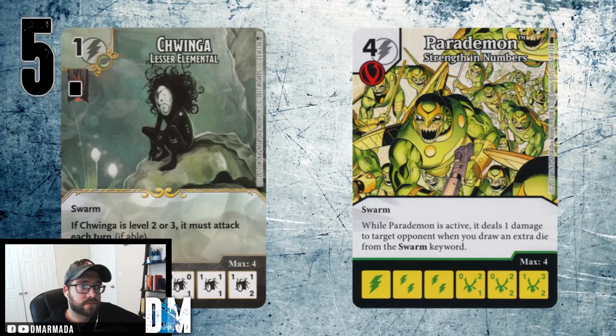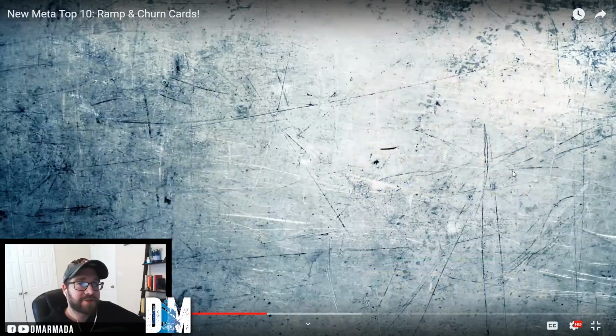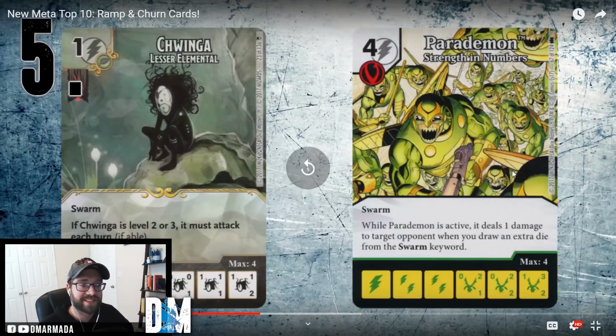I rank it so highly because now we have 1 to 2 cost Swarmers in Chwinga, as well as the fact that the slower meta opens up the possibility for parademons to become a thing. Uncommon Parademon even acts as a win con on top of a form of ramp. I'm looking forward to messing around with Parademons and Chwinga and seeing if you can get enough damage through just by triggering Parademon's ability to make a team. You could, in a casual setting, totally put that together as a ramp / win con, but no,